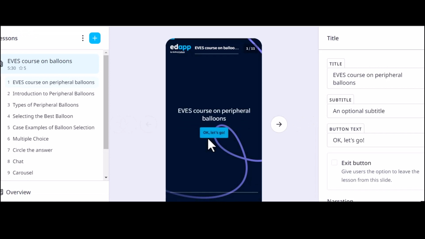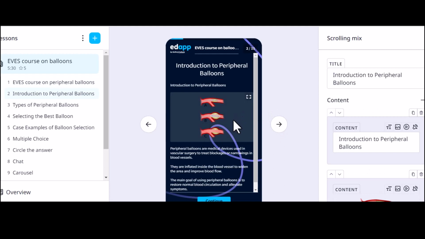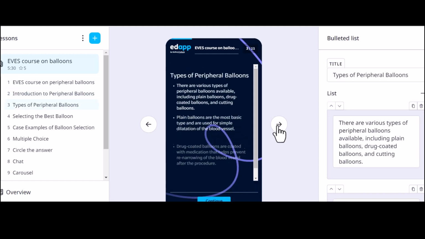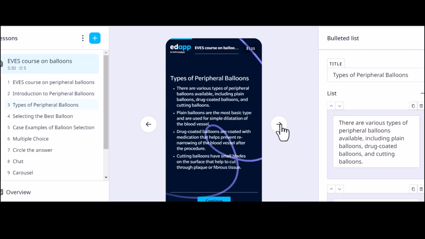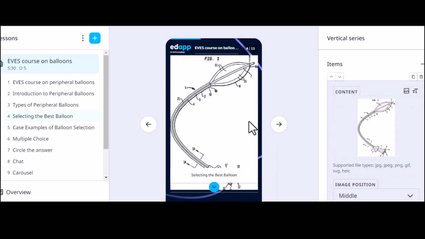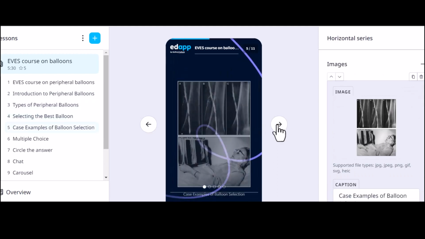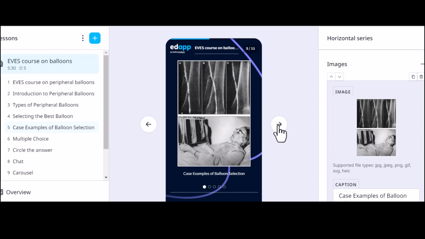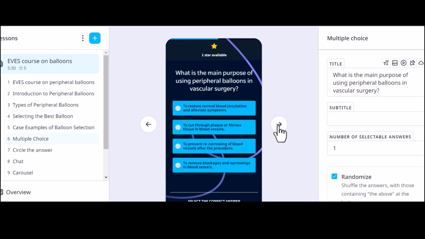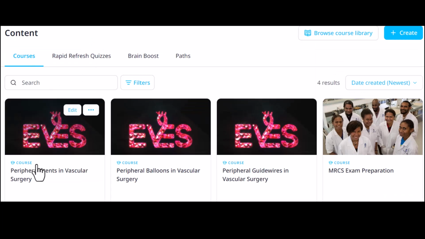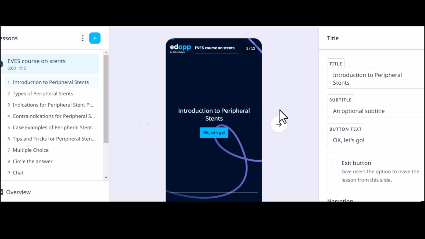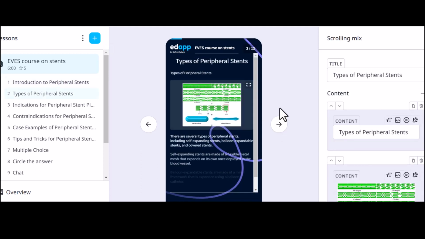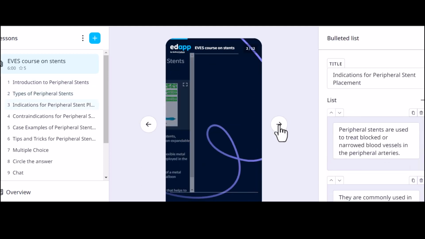Here is the EVES course for the balloon: the basic design of the balloon, advantages, disadvantages, how to use the balloon, and the structure of the balloon, and the history, when the first balloon started, and the rest of the history. There is also another section on the mobile app regarding stents, what types of stents, how to use them, and